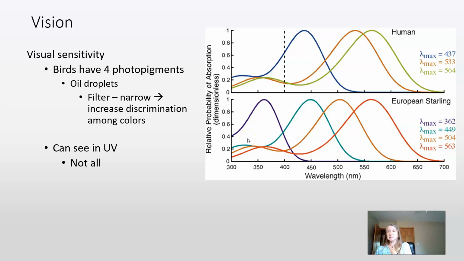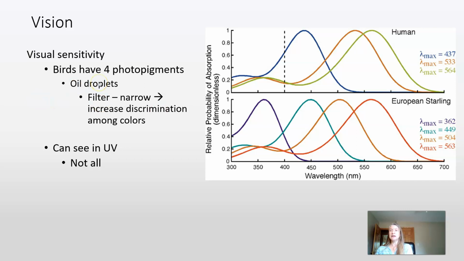Not all birds can see in the UV though, okay? So be careful when you're looking at this. There are some hawks that don't see as well in the UV, or don't see as low down in the UV as some other birds. So it's thought that some birds, like passerines, can use UV reflectance in their plumage to advertise to conspecifics, but maybe they're not being as obvious to a hawk predator. Also, other mammalian predators can't see in the UV, so they would conceal them from that.